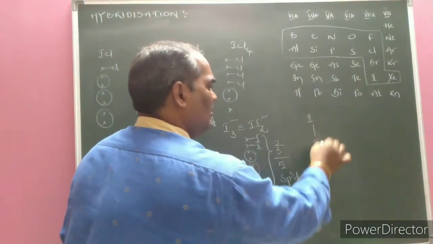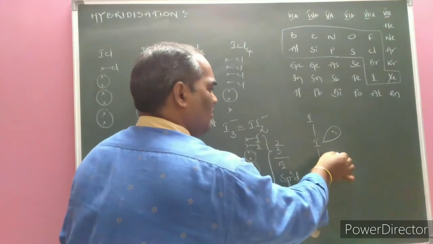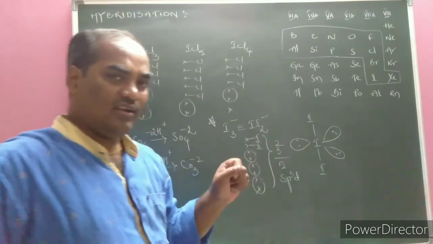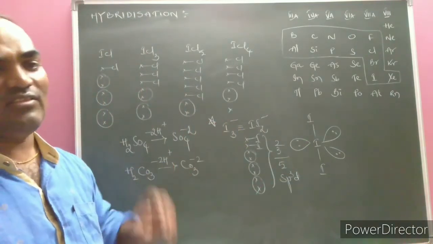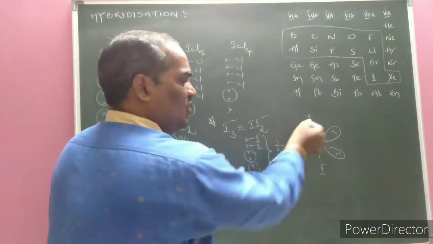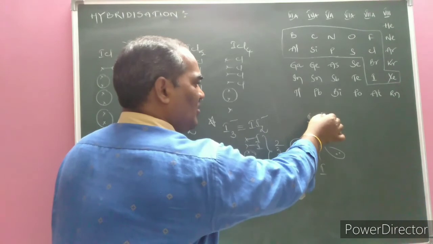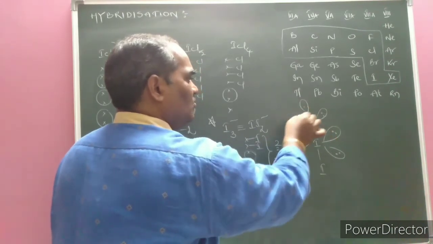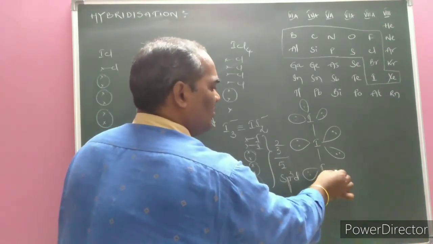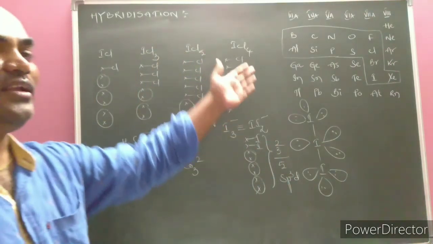I3 minus. Here the central iodine contains 3 lone pairs of electrons. Here is also 1 lone pair of electrons. Means on the central atom the 3 lone pairs of electrons are present in the I3 minus molecule, but the options do not give the 3 lone pairs. Here iodine belongs to group number 7. Out of them 1 electron makes a bond with the central iodine, and the remaining is what? 1, 2, 3. Here each terminal atom has 3 lone pairs of electrons. The total number of lone pairs of electrons one can calculate easily.